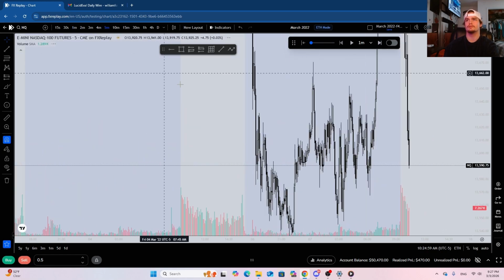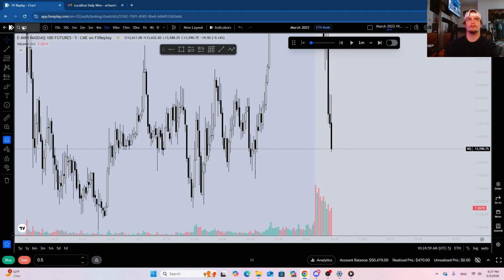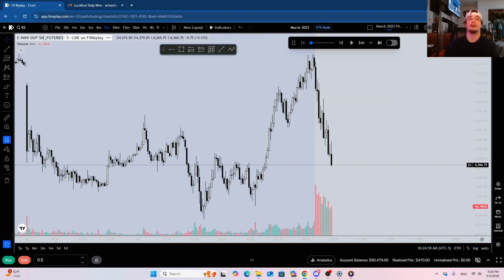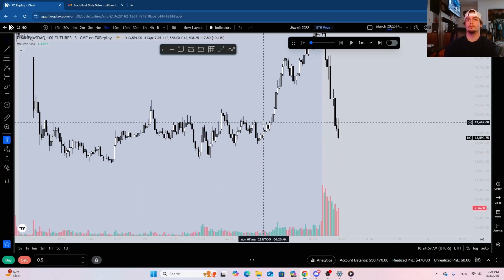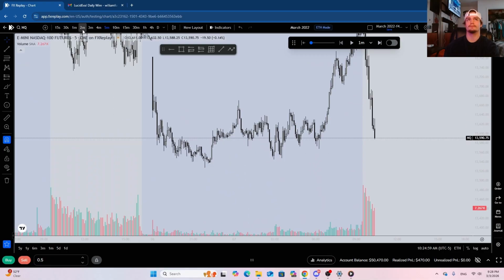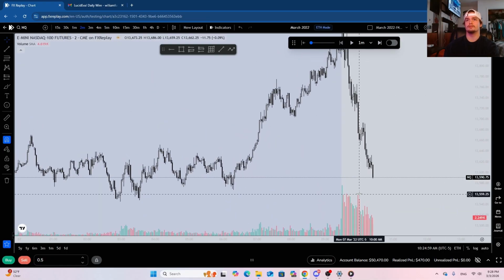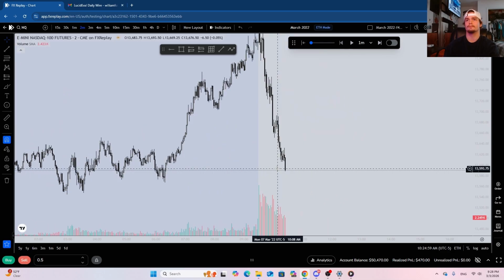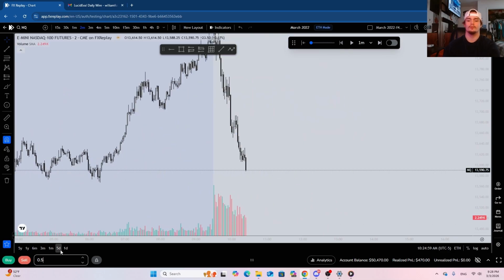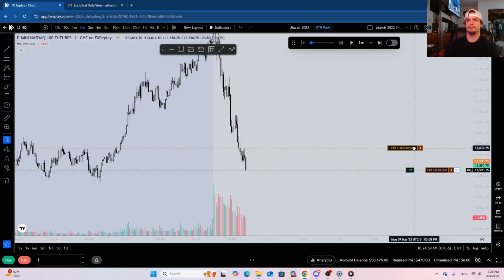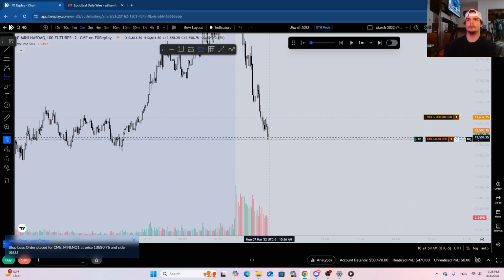Still pretty close to these lows, however. I don't like the fact that we edged that 5 minute unless we made an SMT out of it, which we did actually. So that's telling me that price is displacing pretty heavy to these lows. I think I do want to enter this just based on how strong these draws on liquidity are. So I'm going to enter full size on this trade. Do around a 25-point stop. Okay, going short here.